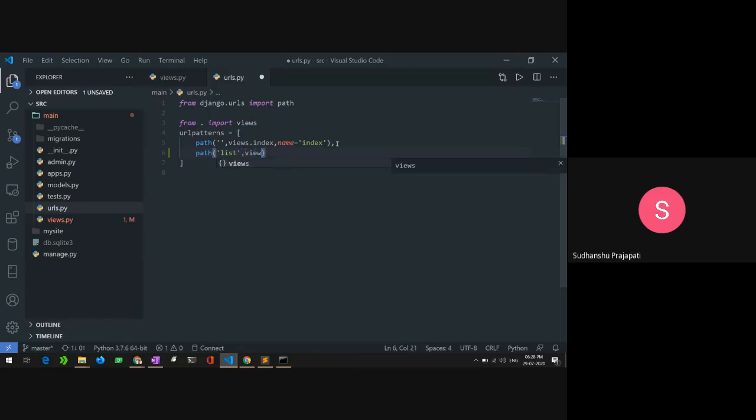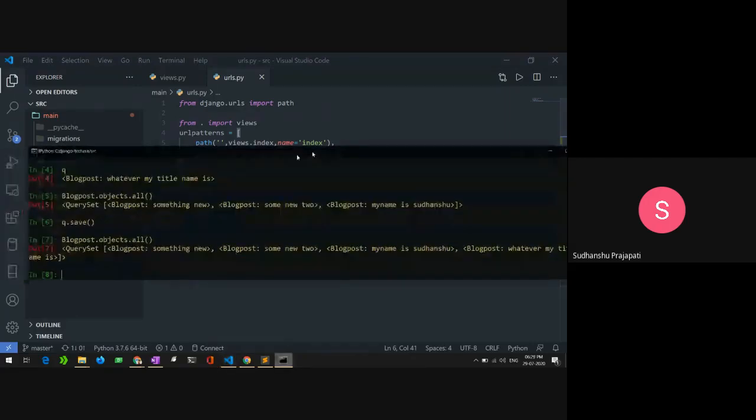I need to give it a view, so I will pass the view that I created, named data, and the name can be anything. For now, I will just name it list.